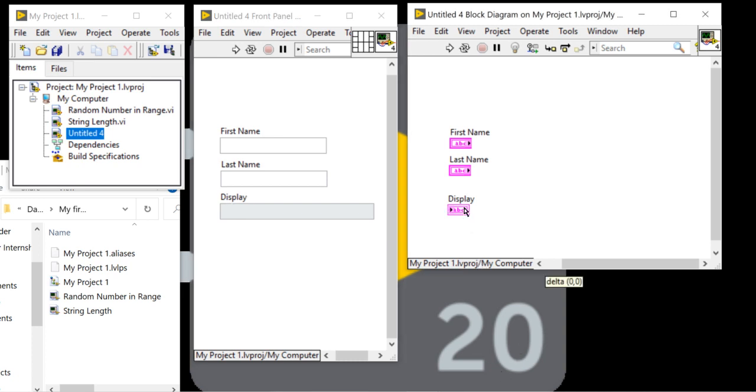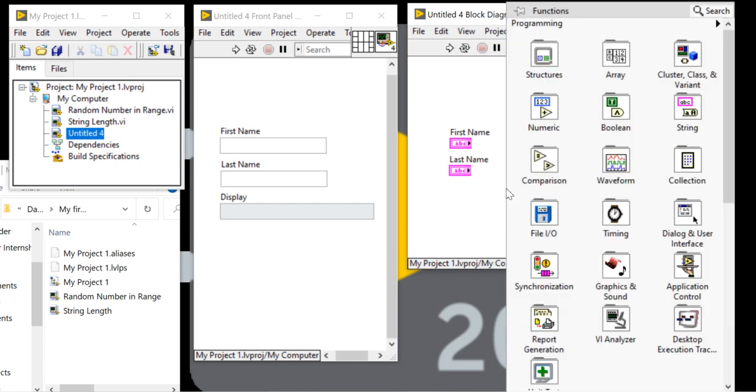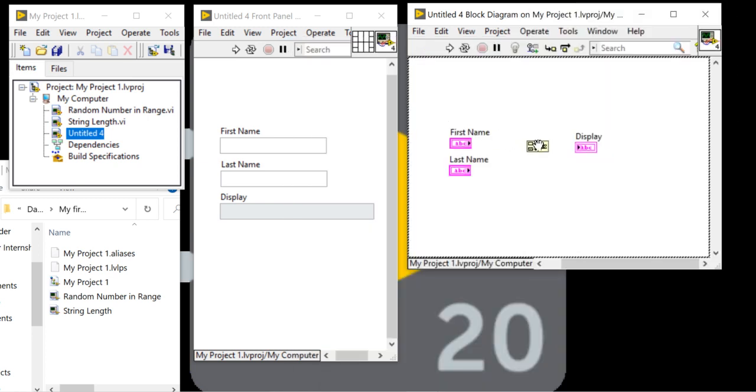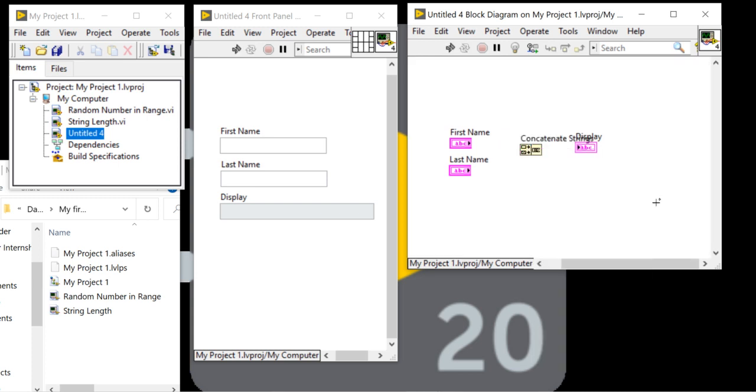So for that, what can I do? Which function can I use? Yesterday we used that function. If you are following the lectures properly, you can recall the concept here. We can use the concatenate string function here. I think I am right. Yes, yesterday we had used this function.